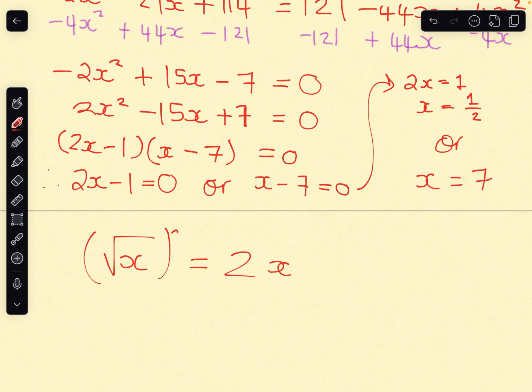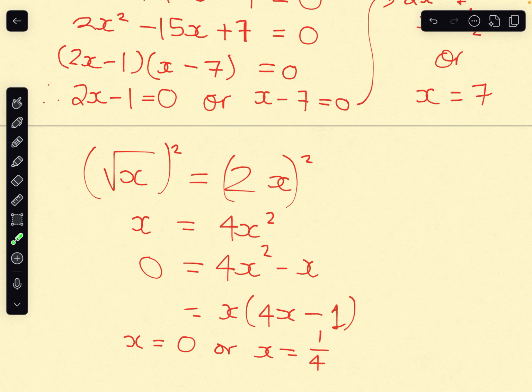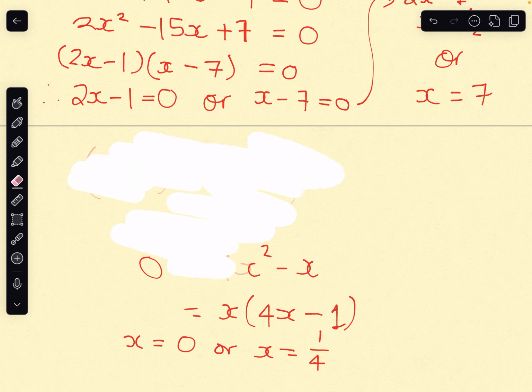If I were to square both sides, I would end up with x is equal to 4x squared. So then that would be 4x squared minus x, and then factor out the x, so that would be 4x minus 1. So then either x is equal to 0, or x would be equal to a quarter. Whatever, this is going to work either way. That's a terrible example. Anyway, but we know that there are situations where